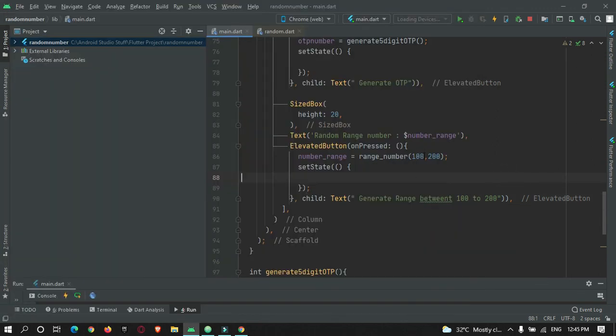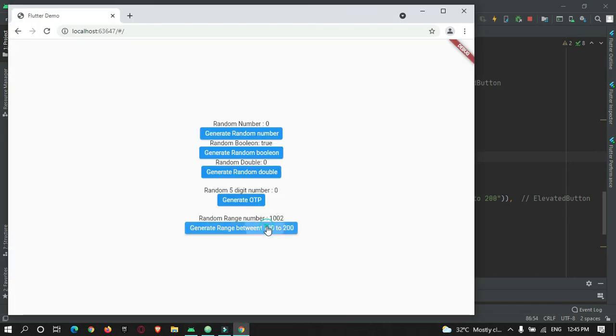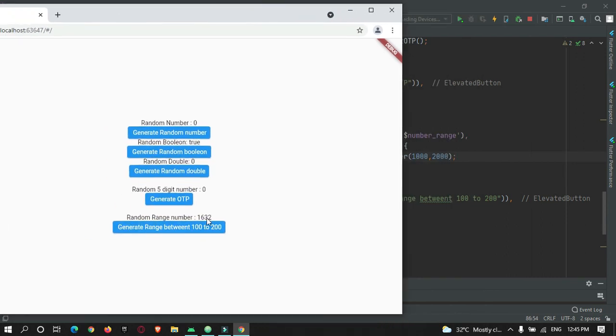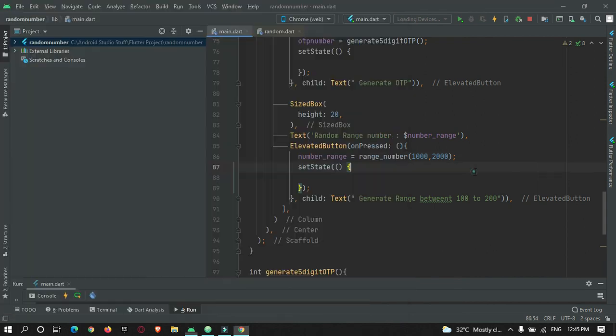Now suppose you want to do it from 1000 to 2000, you can do it. Restart. So you can see now the range is from 1000 to 2000, in between 1000 to 2000.